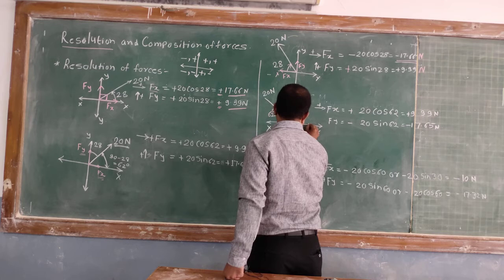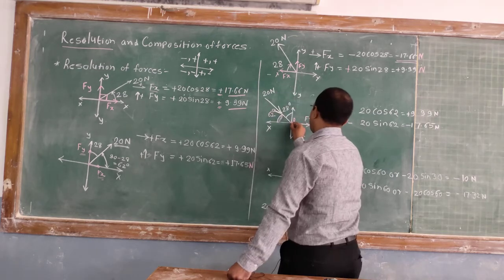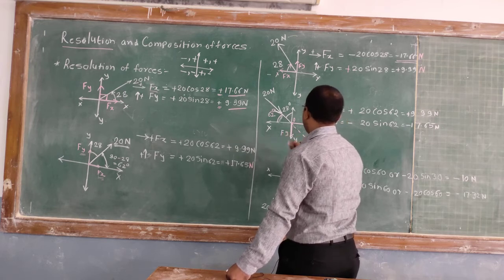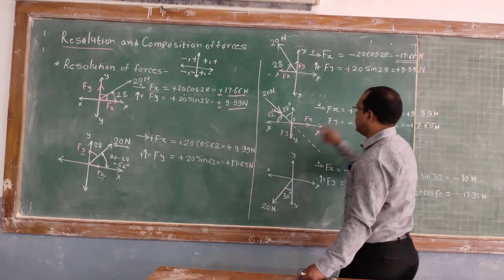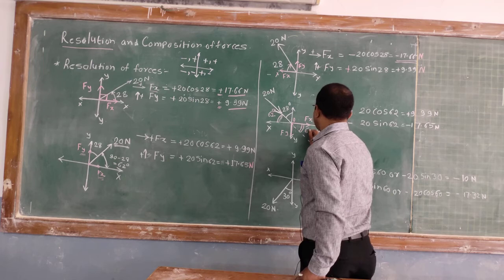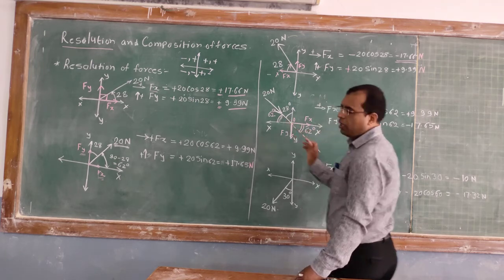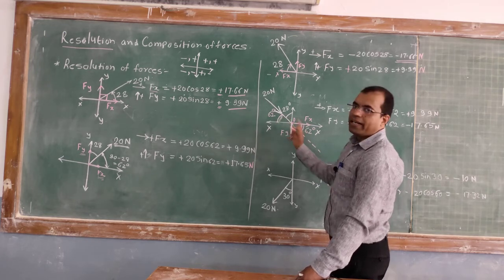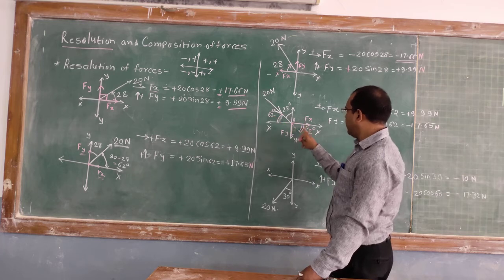So this one is its x component, that is f of x, and this component in the downward direction is f of y. Okay, so this force is in the fourth quadrant. Now this angle is 62, this angle is also 62 because these two are alternate angles. We have already learned in angle geometry, when there are two alternate angles, both are equal. So this angle is 62, this angle is again 62.